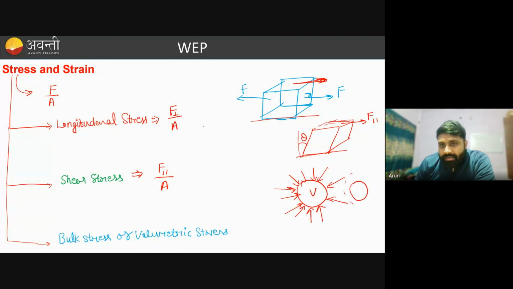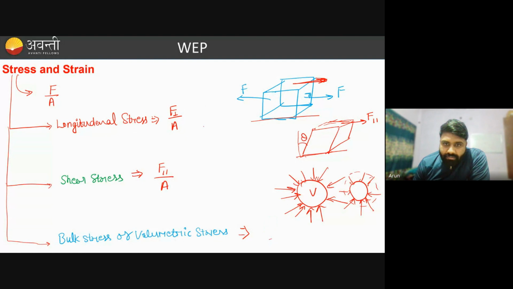The volume will decrease due to these forces, and you cannot say that this is acting on a particular cross section, because this is a sphere, so they are acting volumetrically. These types of stress are termed as volumetric stress,